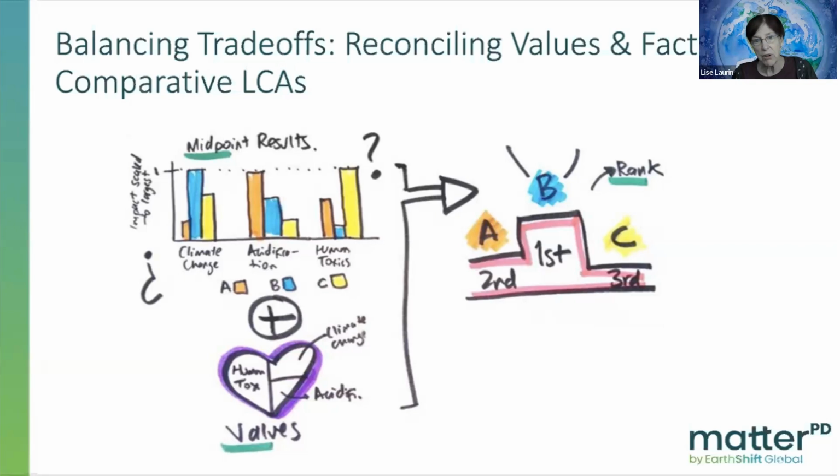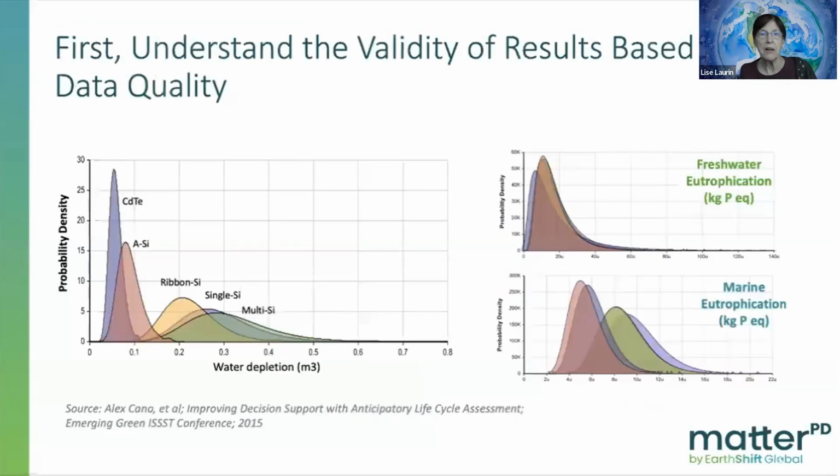So we're balancing trade-offs. We're saying, okay, we don't know what value system is the right one because we just don't know what the future is going to be. But we need to make a decision. We need to make a choice between product A and product B. So how do we do that in a way that is scientific and provides us good, solid decision making? Let's go to the next one.